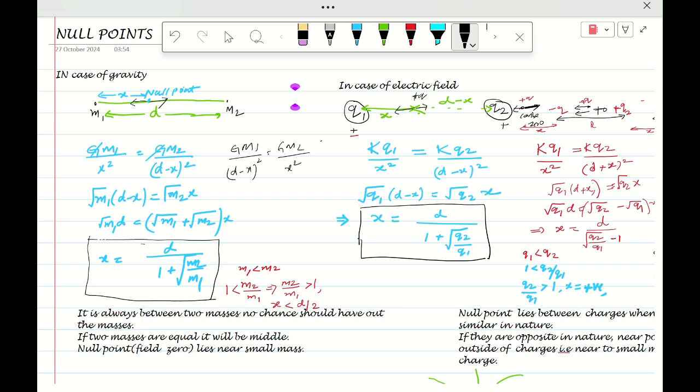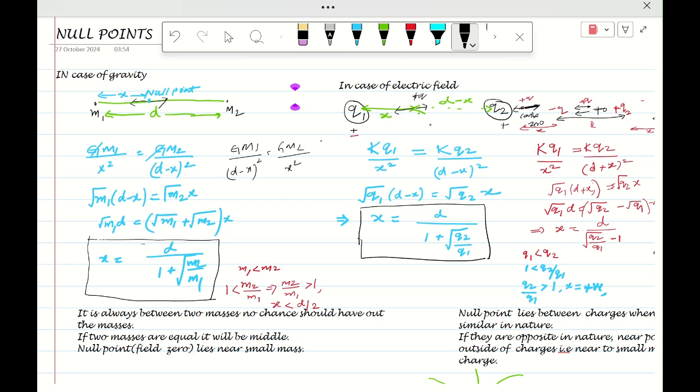This x value will become positive. That means the direction of x that I have taken is correct, the positive direction. And if q1 equals q2, the charges q1 and q2 are positive charges of similar nature, identical charges, then the null point will lie between,